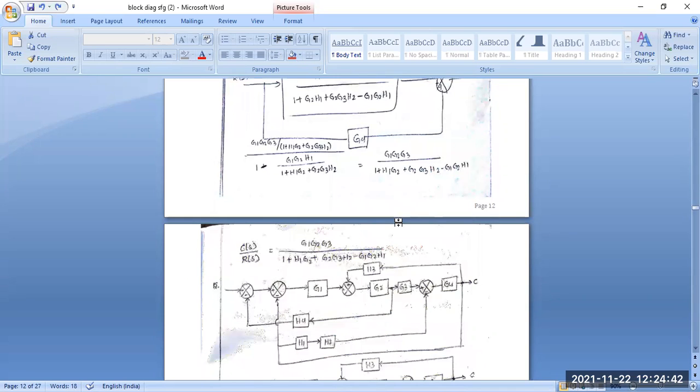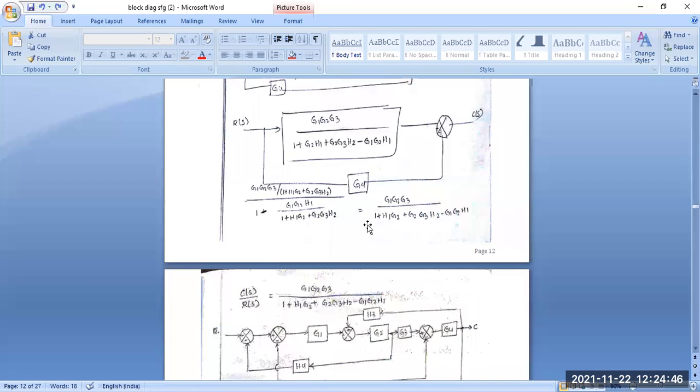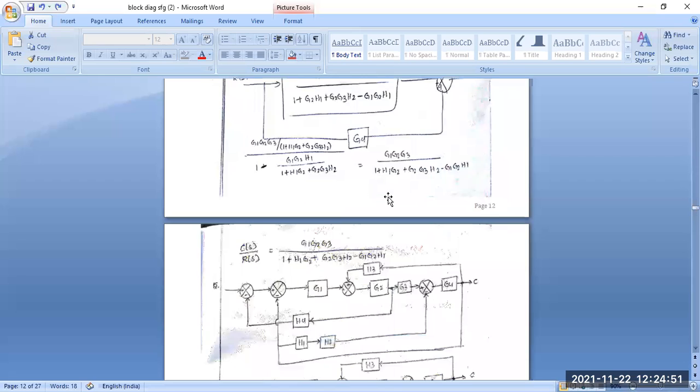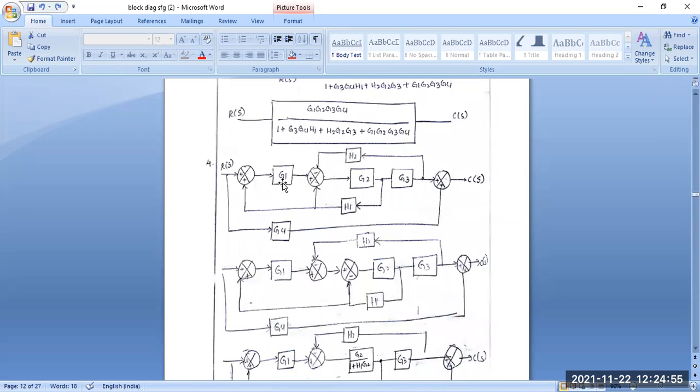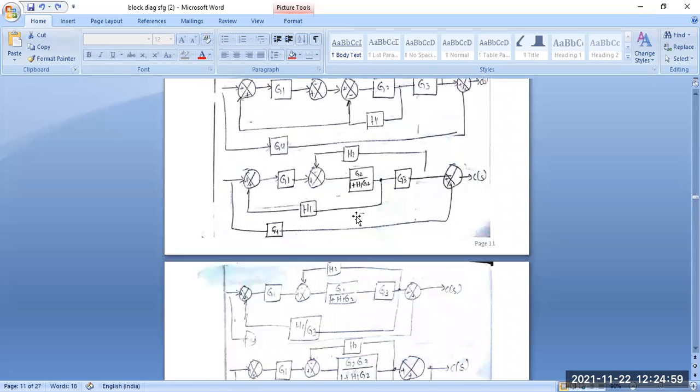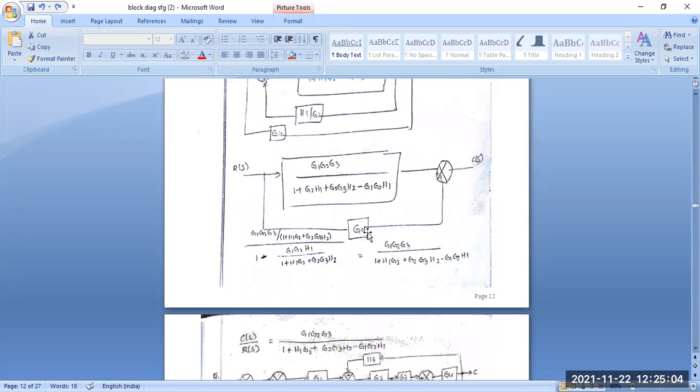So in this pattern, you have to easily calculate this type of transfer functions. Here you can see you are given this type of big transfer function. You have to eliminate step by step and apply the different types of rules. You have to eliminate these things, and this is basically the complete diagram of the transfer function, that is C(s) by R(s). That is the answer also.